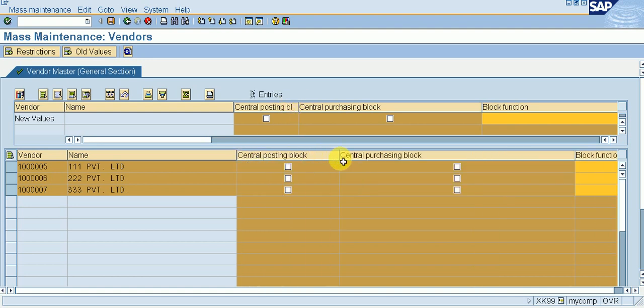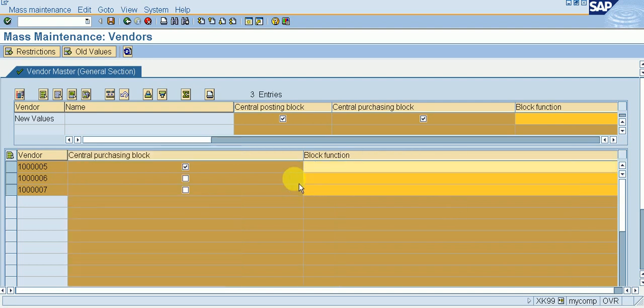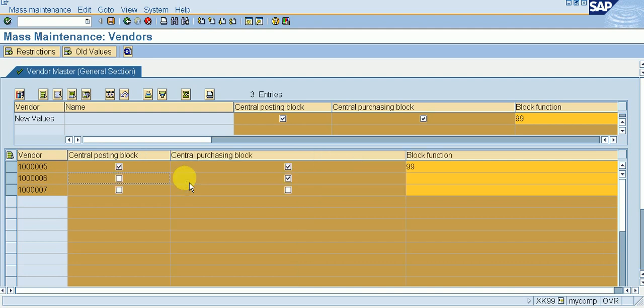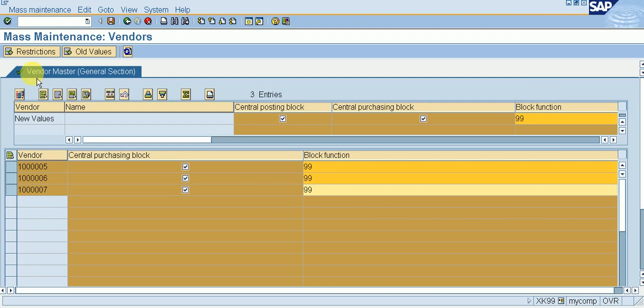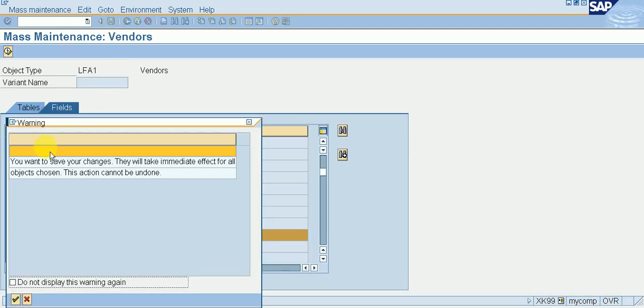Just simply I need to check mark in all the options. Check mark, check, check, check, give here 99, 99, check, check, check, 99, then save it. Okay, so here we can see you want to